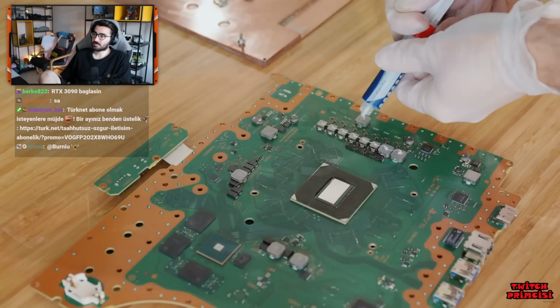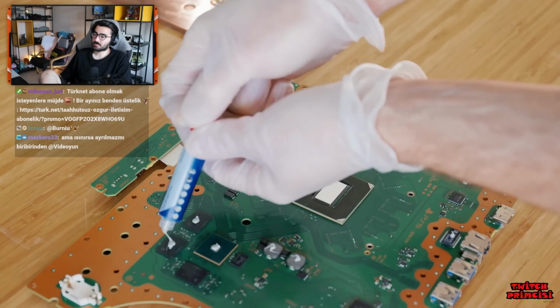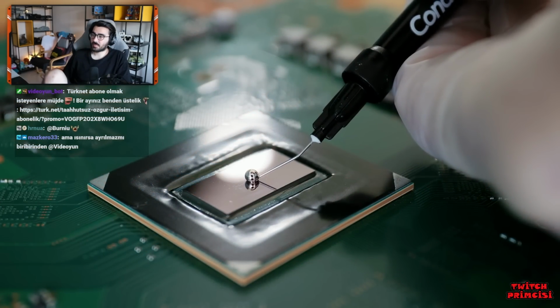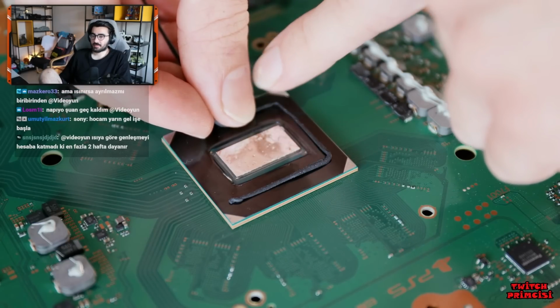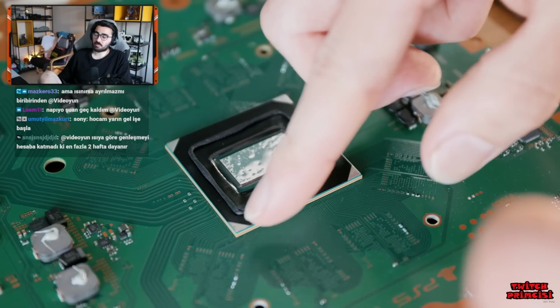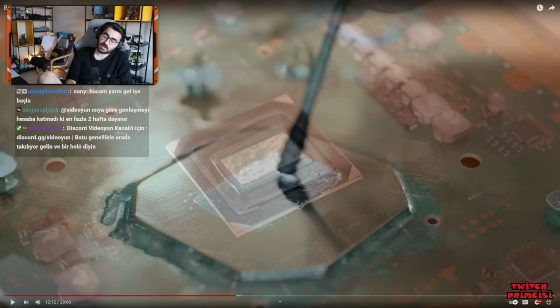with the accompanying components receiving standard thermal paste to prepare them for mounting. As for the SoC, that needs a new coating of liquid metal for better thermal bridging. And to prevent overspill, I'm tracing its perimeter with putty to seal around it. Much like on the